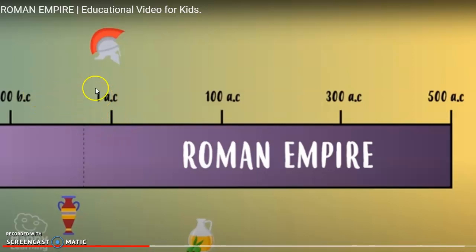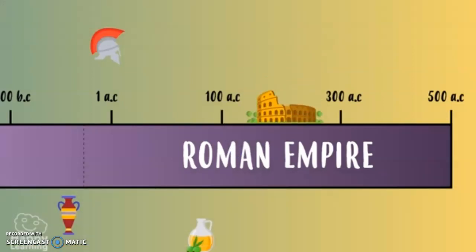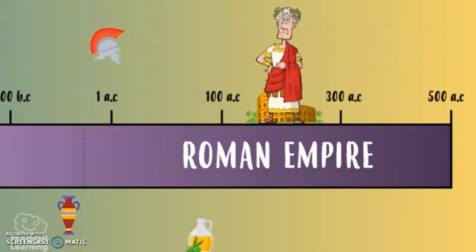After Jesus was born, 1 AC, after Christ, so here we have BC, before Christ, and here we have AC, after Christ, the Roman Empire began to live with a Roman emperor. Emperor means a big king, even bigger than a king, you know? A big king, and not only in that small country, a big king for many countries. Now we will see what we know as the Roman Empire began. In an empire, all power is in the hands of an emperor, who is like the king of kings.